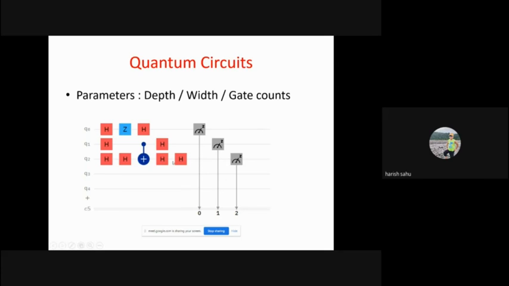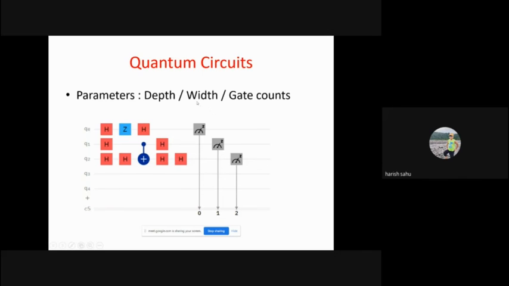Generally, if we run this kind of quantum circuit on an actual IBM quantum computer, there is a depth limit of around 80, so you cannot run a circuit reliably beyond 80 depth. It means you can apply gates in 80 timestamps. After that, the result deteriorates because of qubit and quantum gate operation issues. So this number of stages, or basically time steps, is called depth. Our purpose is always to try to reduce this depth also.